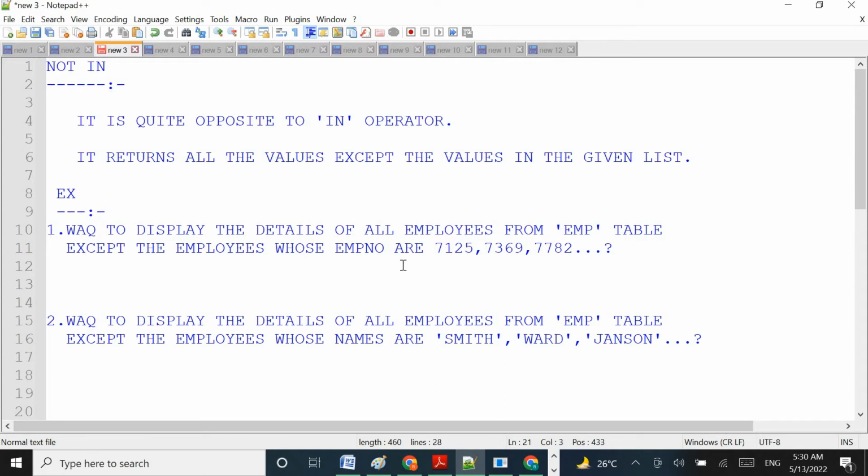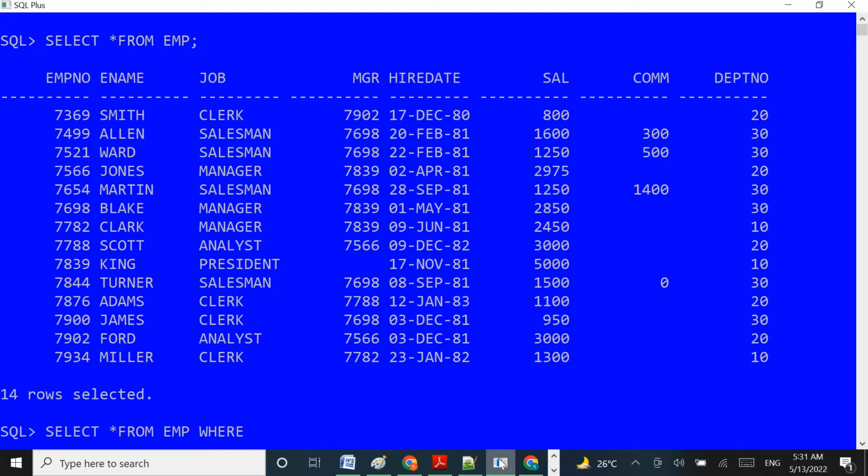The condition is based on the EMP number column, so I am going to take the EMP number column in the WHERE clause, and I am using the NOT IN operator,